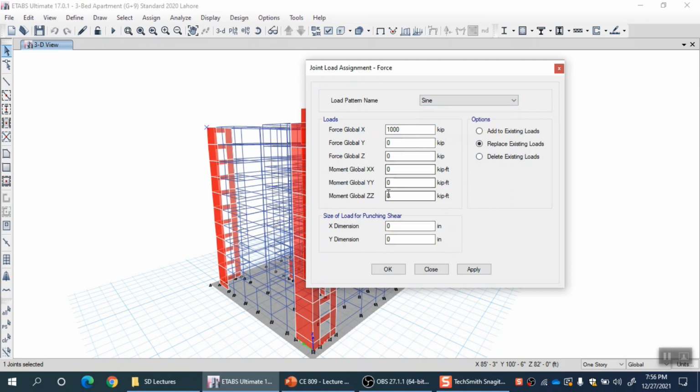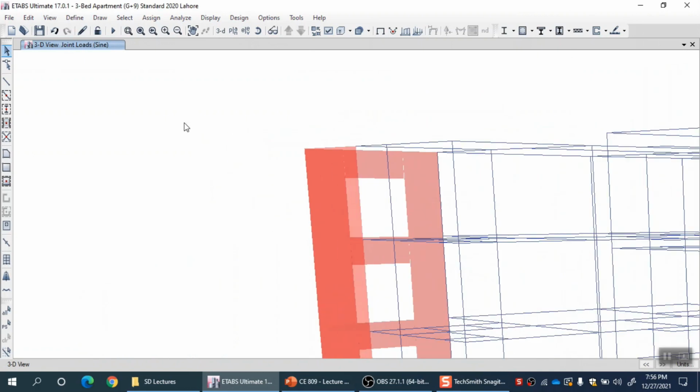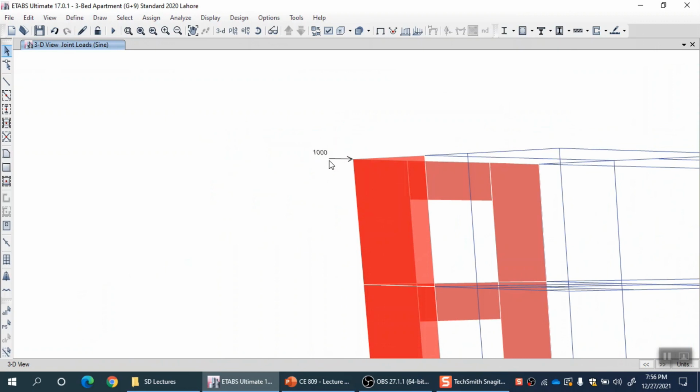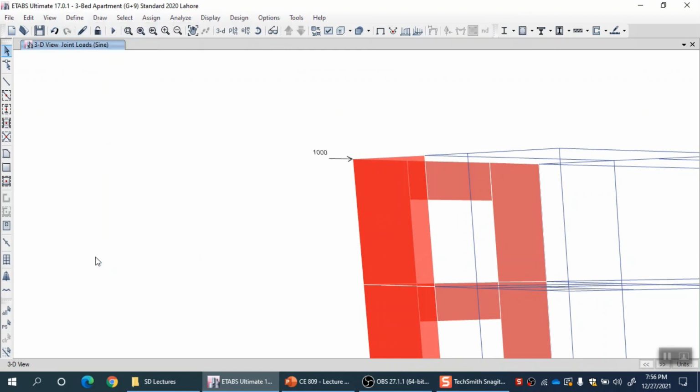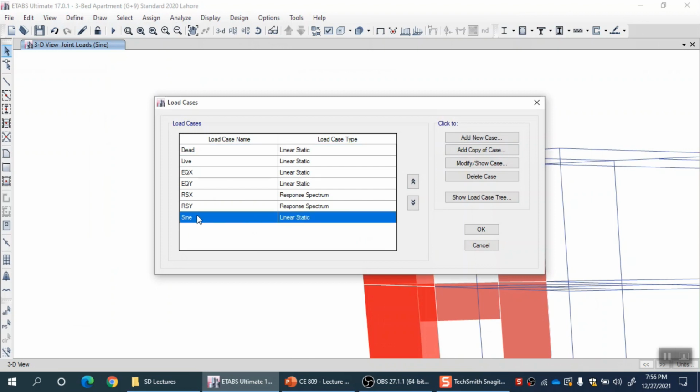So any of the 6 degrees of freedom can be applied with some force. I just apply here, you can see 1000 kip. So this is 1000 kip in the x direction. Because I have already defined a pattern by the name sine, if I go to load cases, I will see that one sine load case is automatically defined, and by default that is linear static.